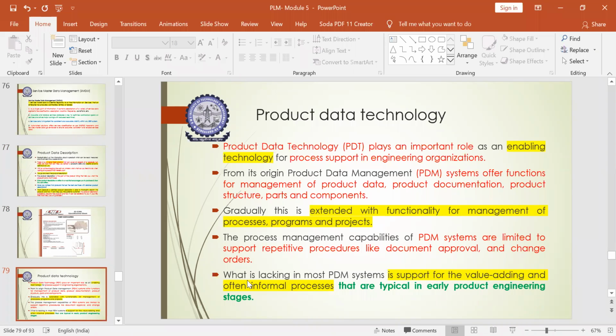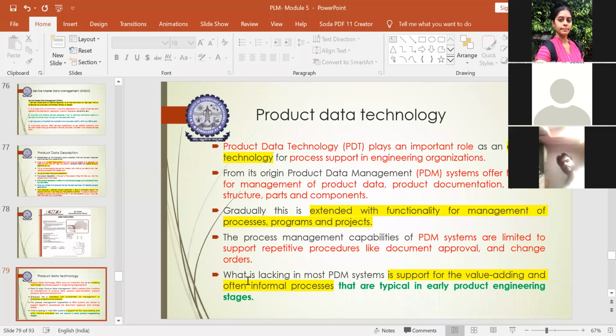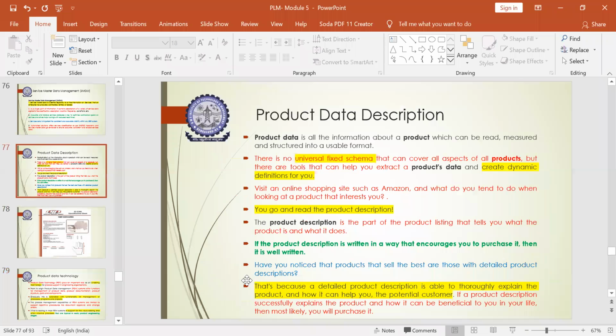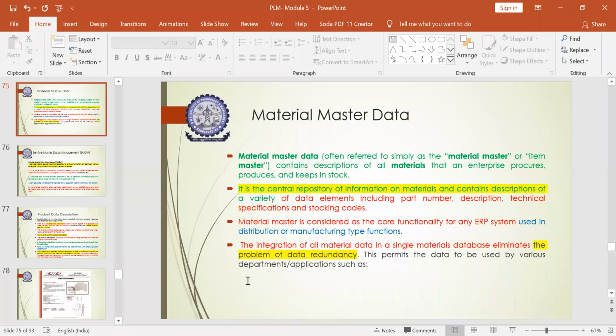And then all this data management, everything is related to product data technology only. So one of the students was claiming that they need some information related to product data technology separately. So this is in line with the product process and product data technology, which is there in the syllabus. Product process planning is done already, and data modeling,